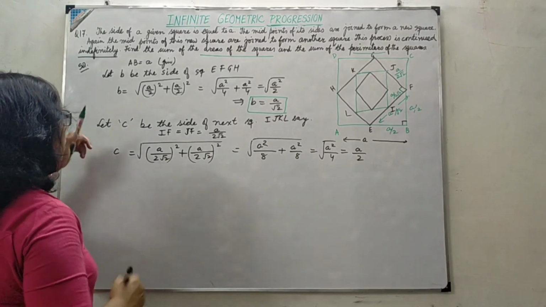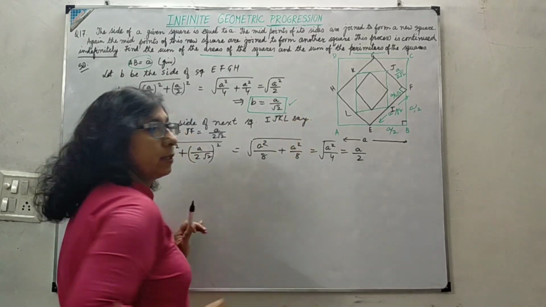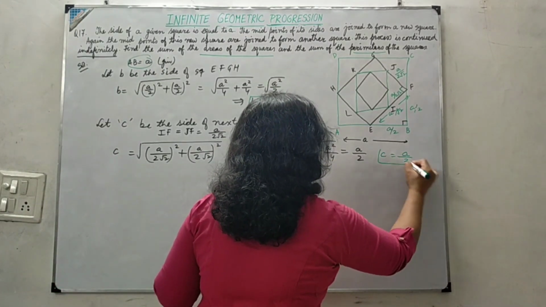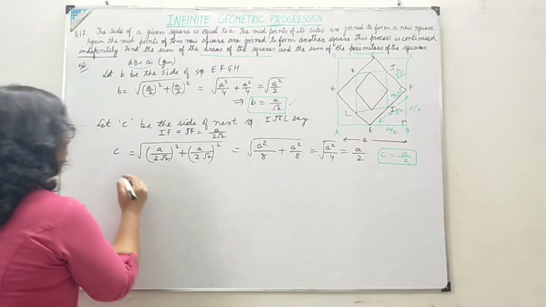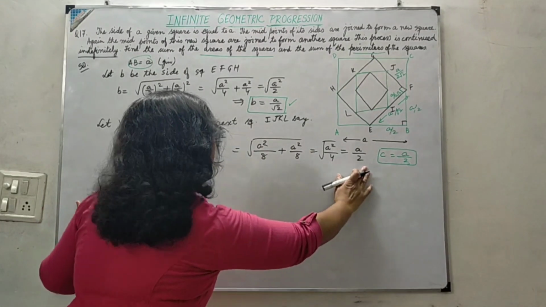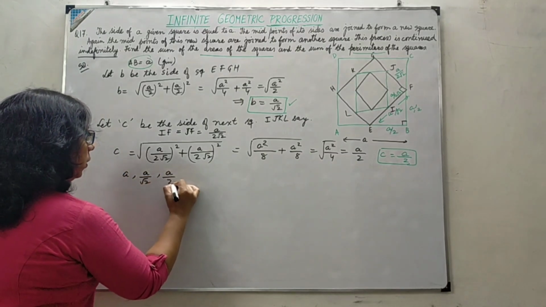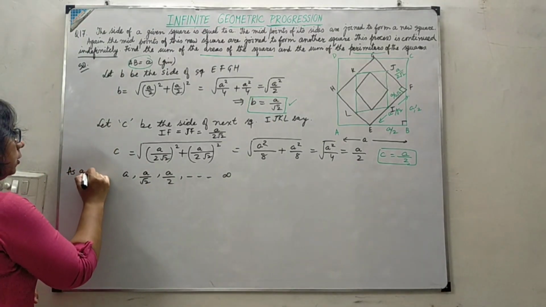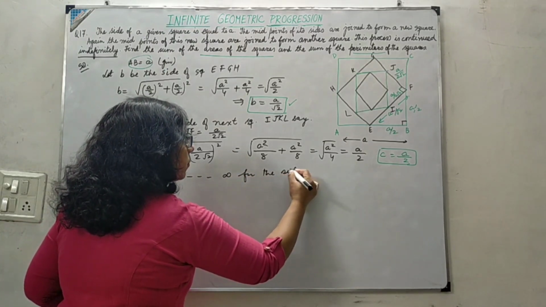So we have got the first square side as A, then the second square side B as A by root 2, and then the third, C, as A by 2. These are the sides of the 3 squares, and we have got the pattern now. We can see here A by root 2 and then A by 2, and so it will go up till infinity as given in the question. These will form the sides of squares.